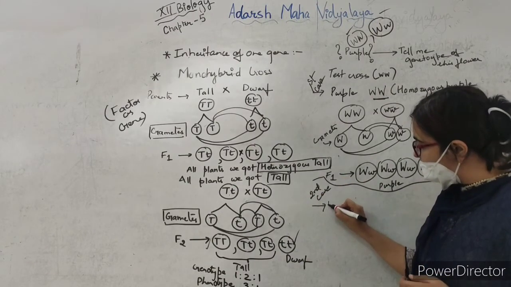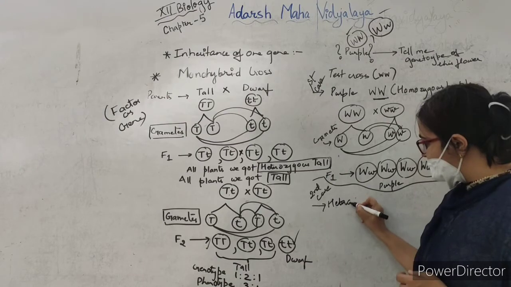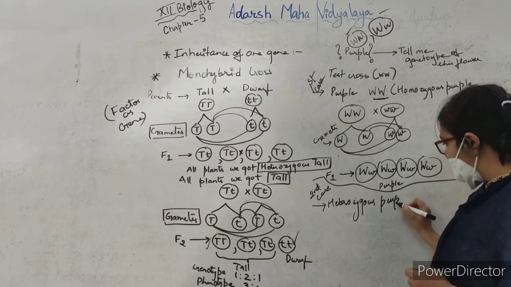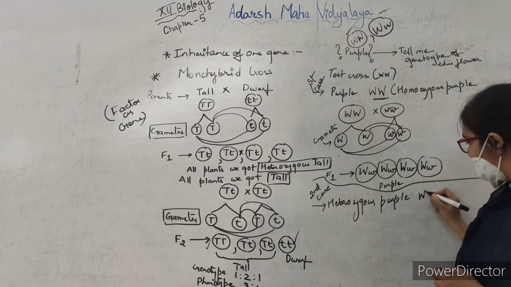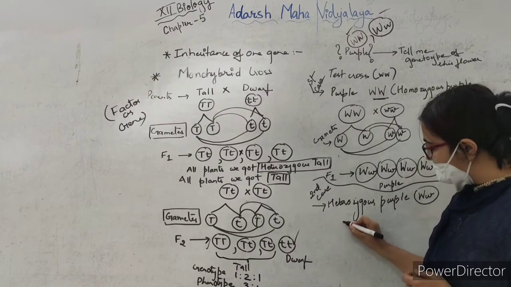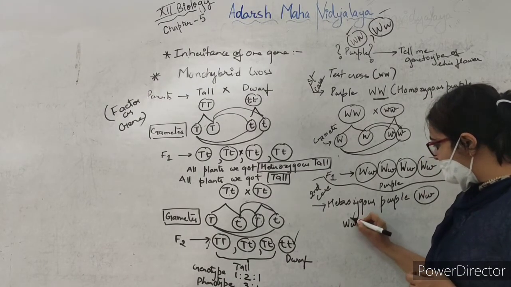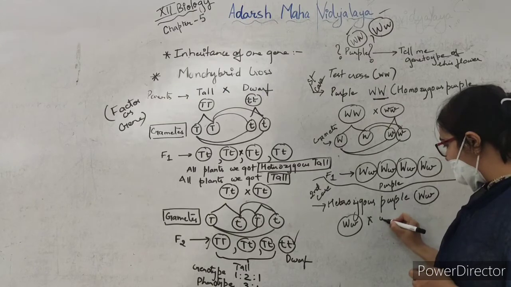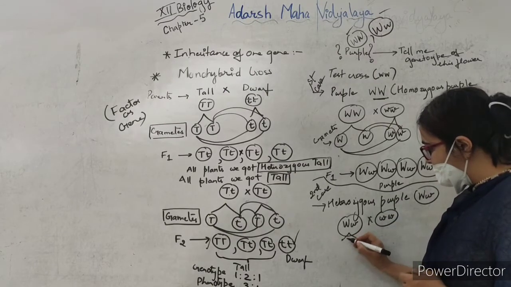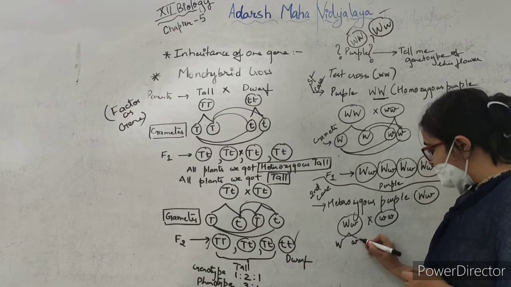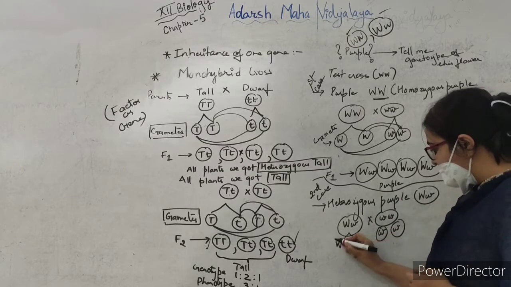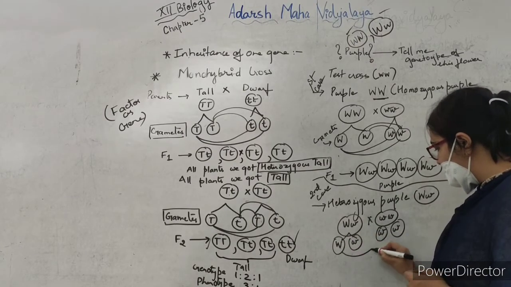This is what? This is heterozygous purple. So the genotype will be capital W and small w. Now we take the parent, capital W and small w, and we will do a test cross by crossing it with the recessive parent. So we will get the gametes, that is capital W, small w, small w, small w, and now we will cross it with